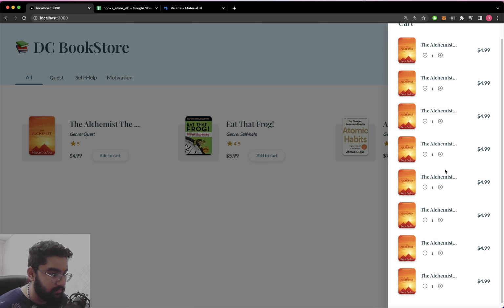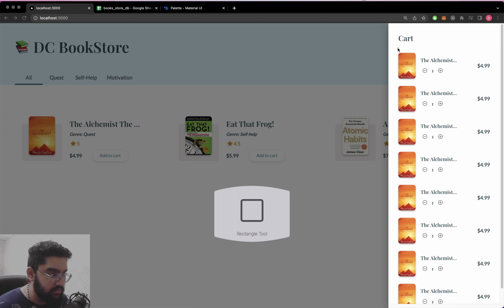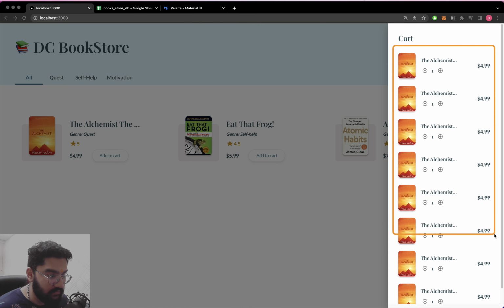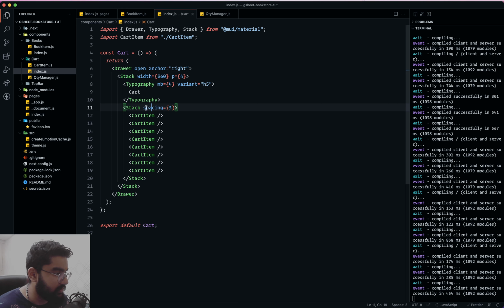So the thing I'm thinking is, maybe we should be adding a region over here, to this point. I guess we should be showing the cart items, and for the rest of the items there should be a scrollable region. I hope you get the point. So for that, what we can do,